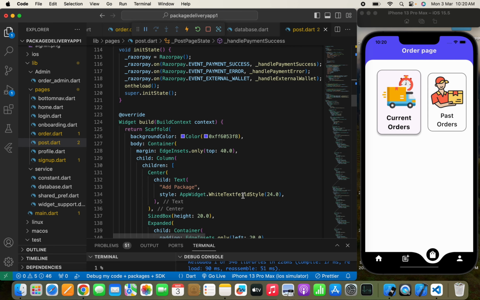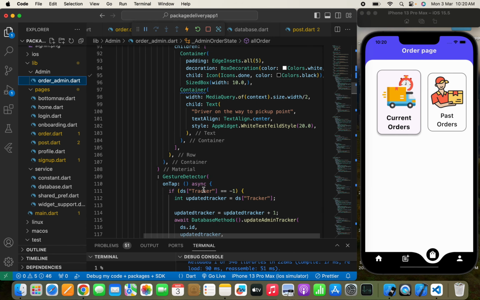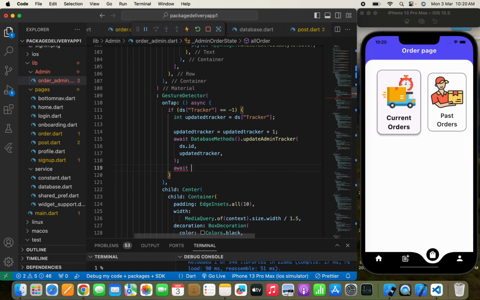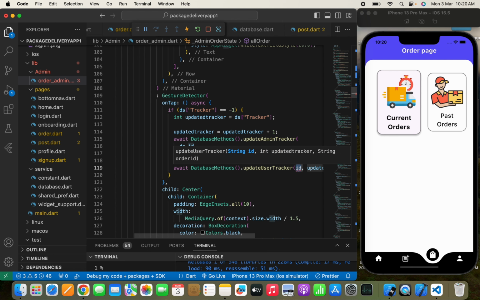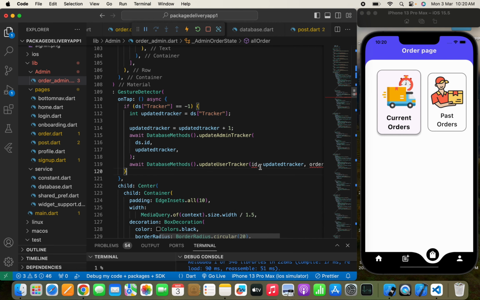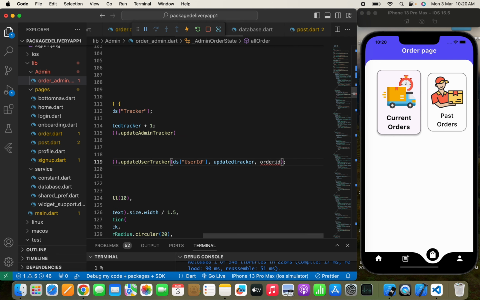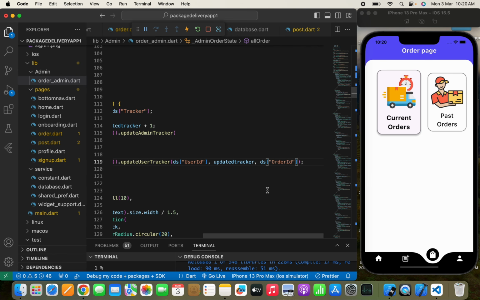So let's write the function. So for that, driver on the way to pick up point. Yeah, so here I'll write like this, await database methods dot update user tracker, and here I'm going to just first pass the user ID. Yeah, so I'll write ds, and here I'll write the field name, which is user ID, update tracker, and here I'm going to just pass the order ID. So again I need to write ds and the field name, which is order ID. Yeah, something like this. So this is the order ID and this is the user ID. So these are the two things that we needed,